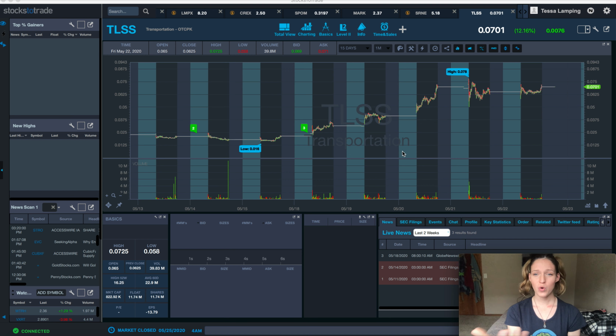And so what I look for are mostly morning panic dip buys on multi-day runners that have been amazing lately. So as you can see, here is TLSS, and it's an OTC. I haven't been trading OTCs very much because I don't use big enough size yet to actually profit past the commissions. So I am getting really tempted because they're having just beautiful and perfect morning panics to dip buy into, and frankly I've been missing them,